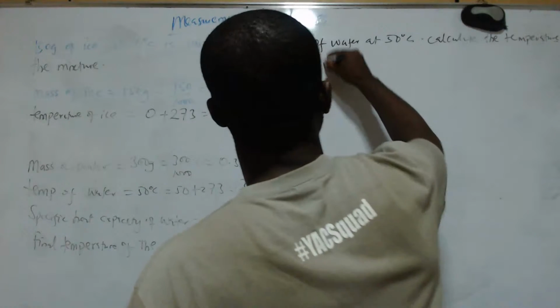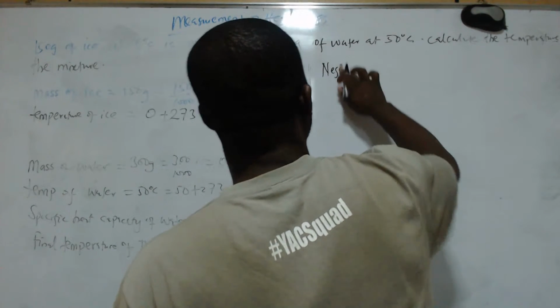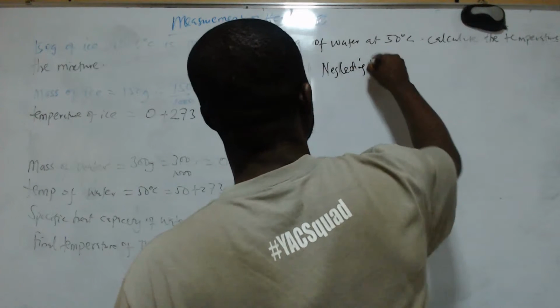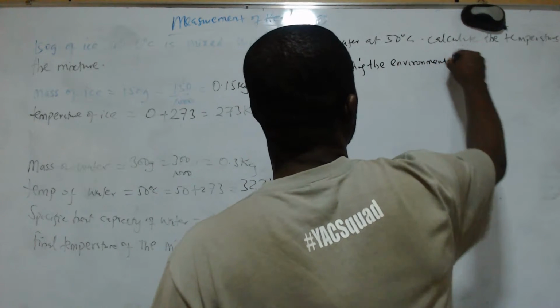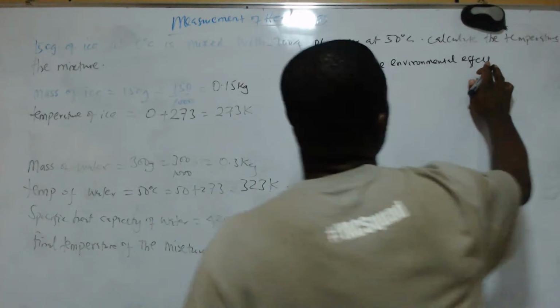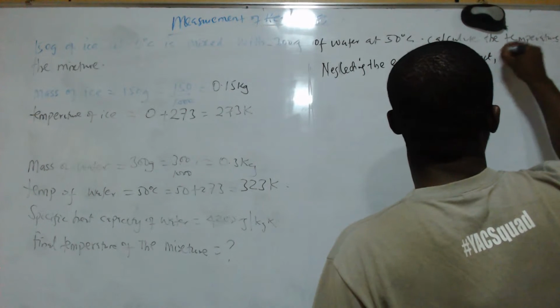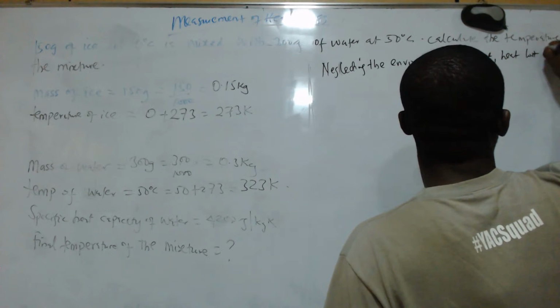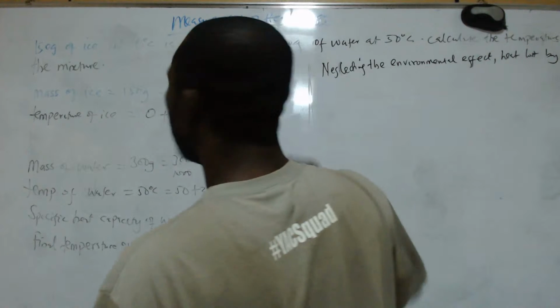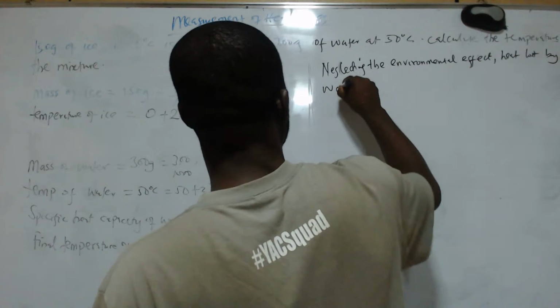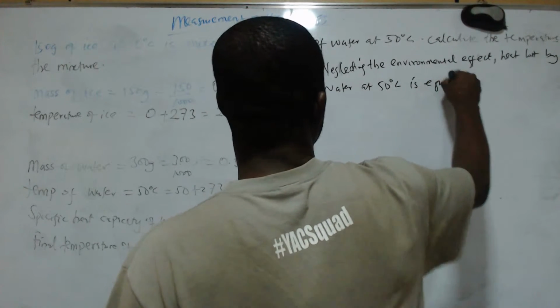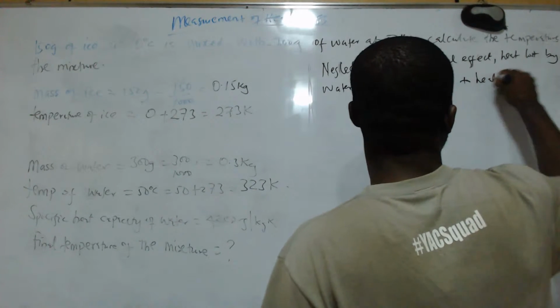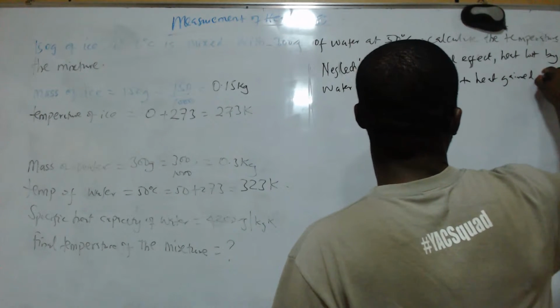So with that, we can now say, neglecting the environmental effects, heat lost by water at 50 degrees centigrade is equal to heat gained by ice